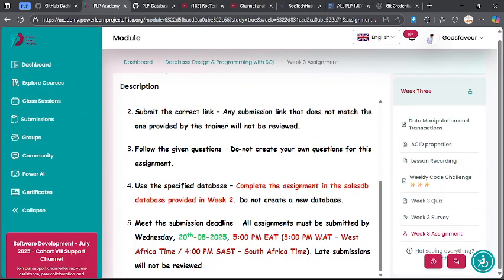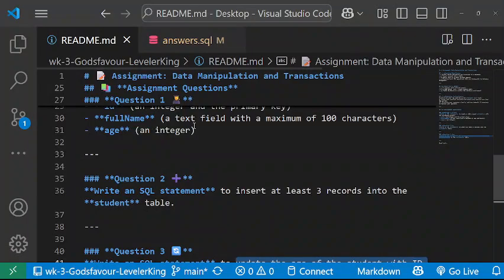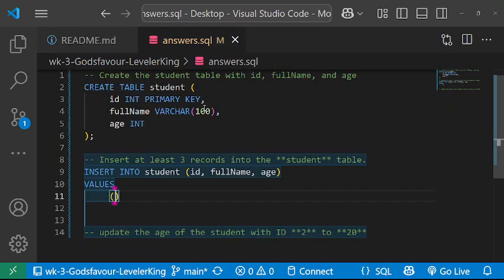So they said, do not create your own question for this assignment. So that's why you see here I'm supposed to add auto increment so that the ID will be generated automatically by itself, but we are not asked to do so. So we are going to add it by ourselves. ID 1, and then what do I add now? Let me get just a random name. Okay, let's start with myself. Let's say God's